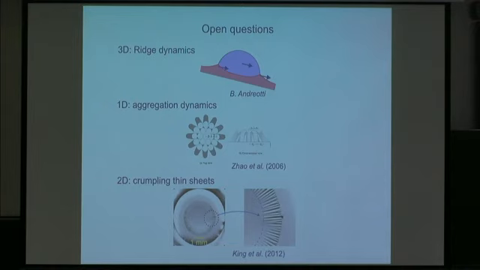So many of the open questions are connected to dynamics, so it's something which is still, I think, not so easy to define. For instance, what are the dynamics of these little ridges as a droplet? If you put it on an incline, the droplet will move. But what is the dissipation in these little ridges? A very non-trivial question. The aggregation dynamics also have different models, and I'm not so sure that what I've presented to you is a truth for any